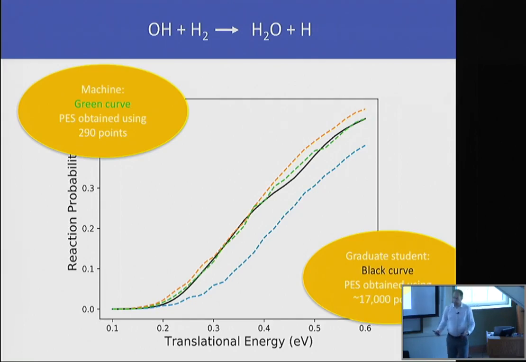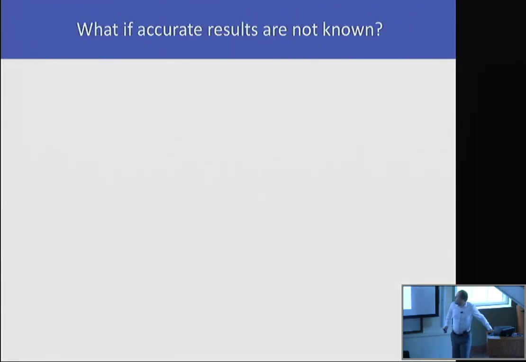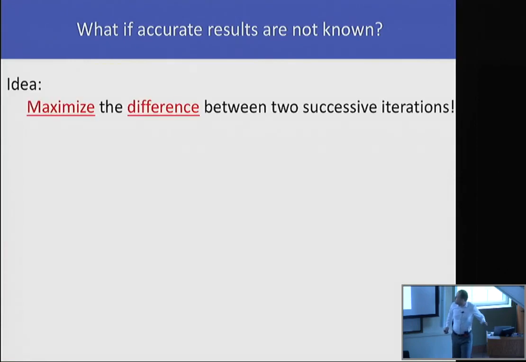But what if we don't know the accurate results? Can you still converge to the same surfaces? And the answer is yes. So the idea here is to maximize the difference between two successive iterations. And the idea relies on the fact that as you